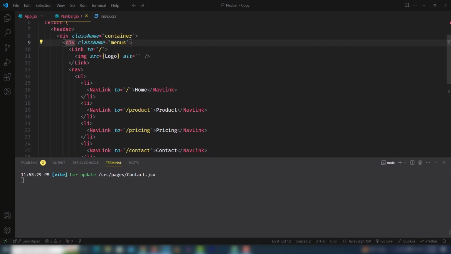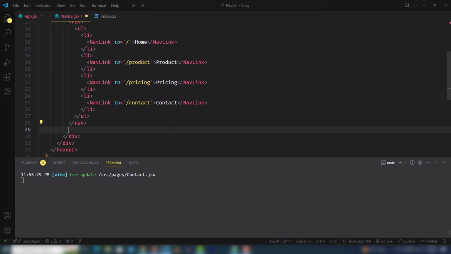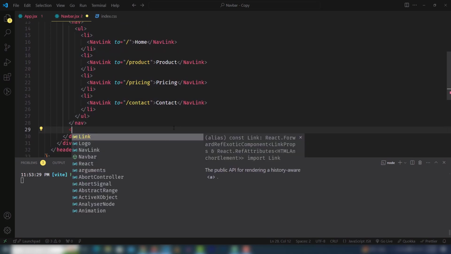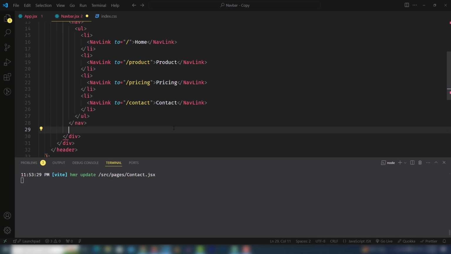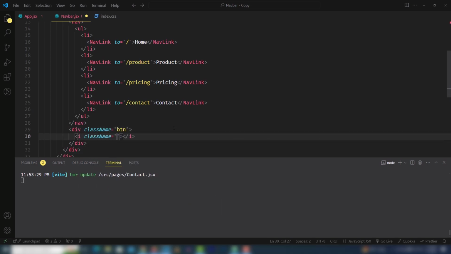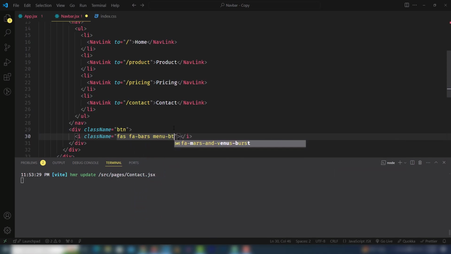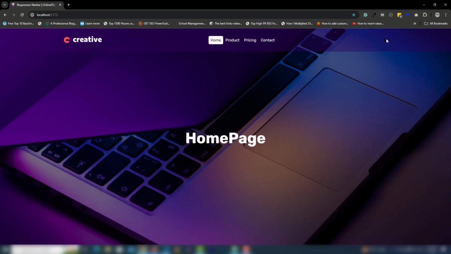So inside the menus, inside the nav, by the way, I will use it outside of the nav. I will display the first one. I'm going to use class btn. Inside that I'm going to use an I tag, class name fa fa-bars, and also I'm going to add menu btn. It is an optional class, but I will use it. So display that